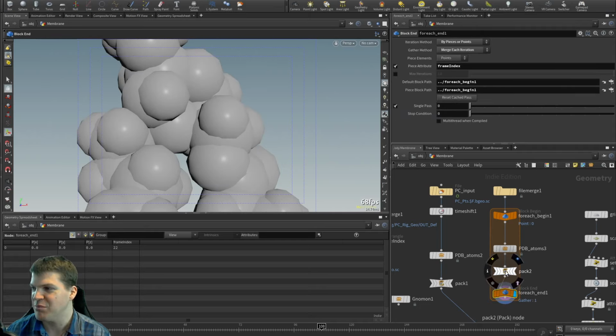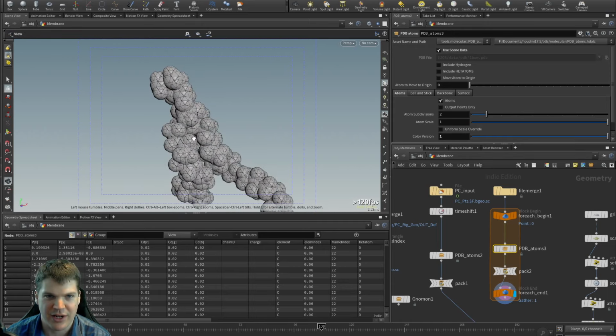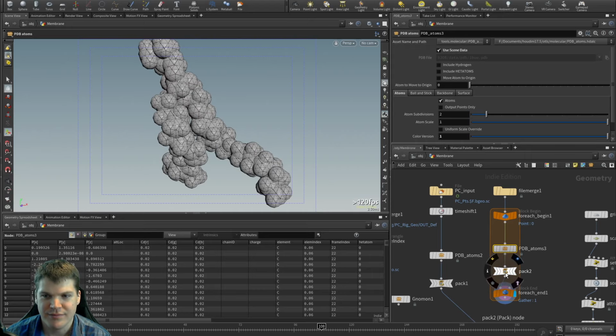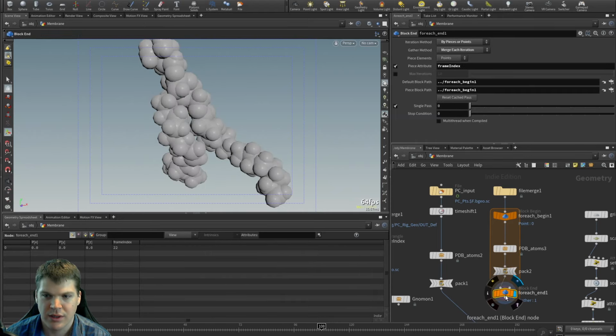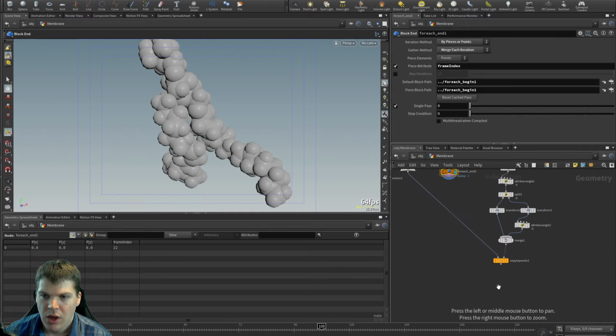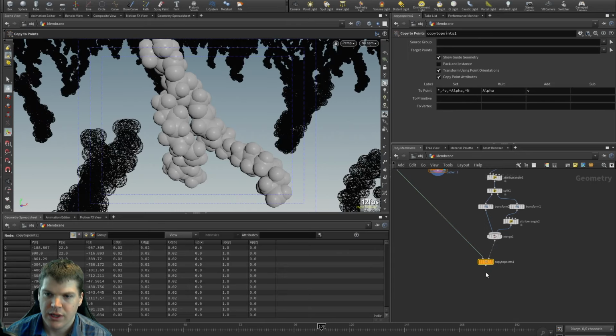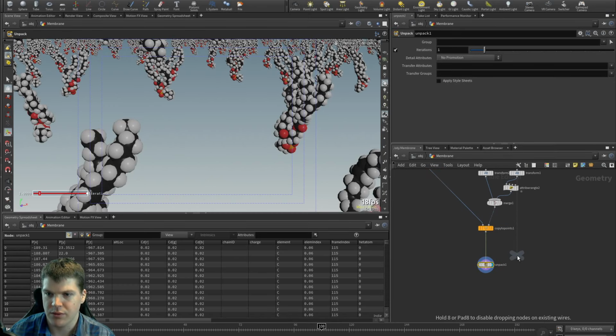I put the pack before the molecular generator. So what we could do is just unpack it after. And we're going to do